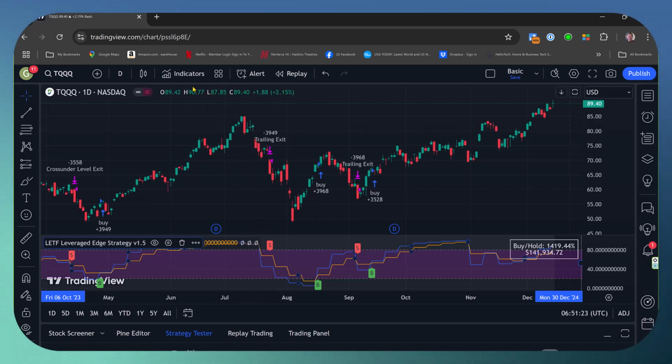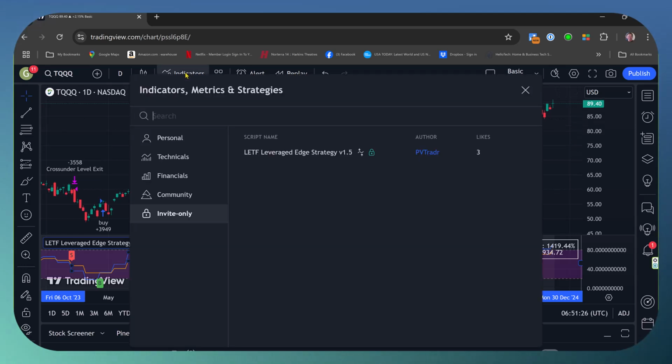But I want to go back to indicators here for a minute. There are a number of indicators that will be of help to you, and I want to show you what you can do with those. So as an example, I've got a whole list of those indicators up on the